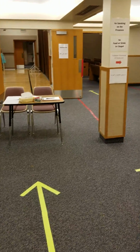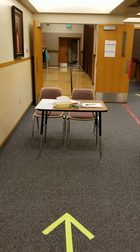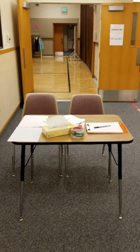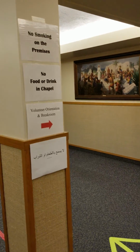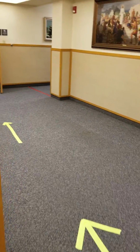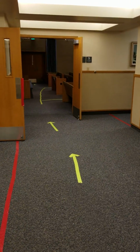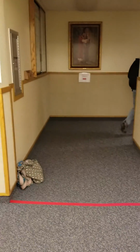Okay, here we are at the winter clothing drive. So this is where patrons walk in and they'll present their voucher, and then we've got signs marking where they go. Patrons will go on into the chapel where they will wait for their turn, and then volunteers will head